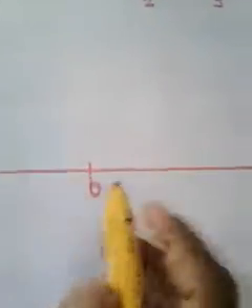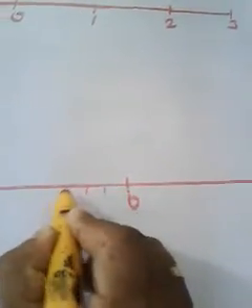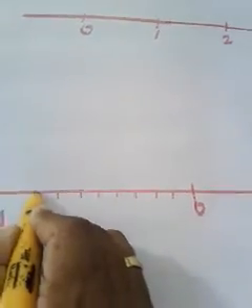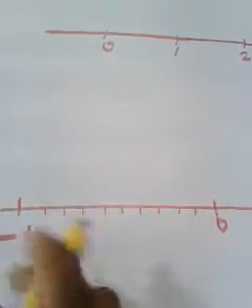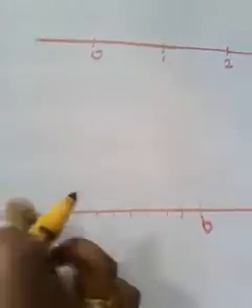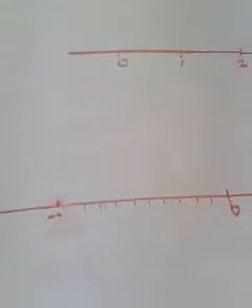Okay, so on the right side of 0, no need to divide, since the number is a negative rational number, only towards the left side of 0 we have to mark it. Okay, so 11 equal spaces. So 1, 2, 3, 4, 5, 6, 7, 8, 9, 10. It is not equal. So see, let me draw once again.